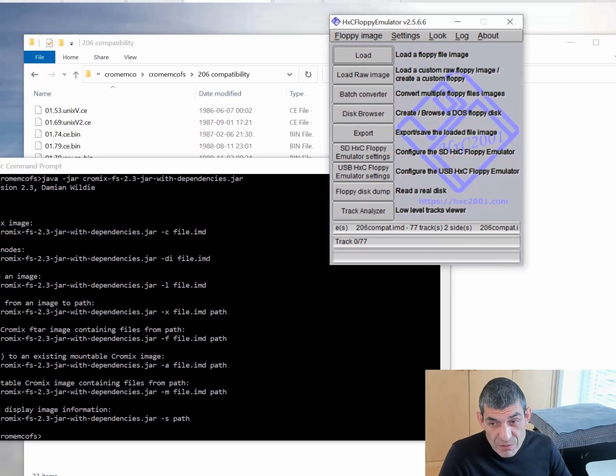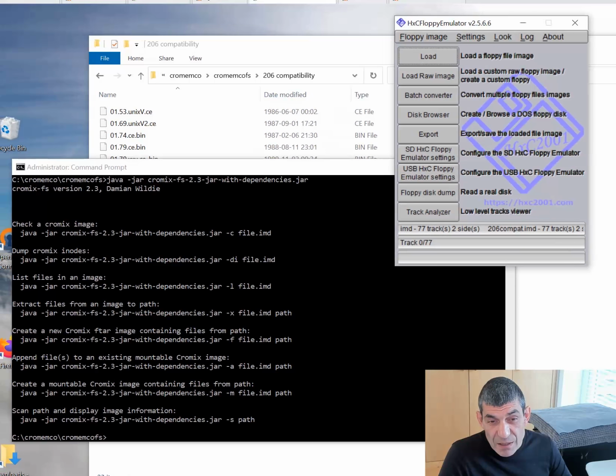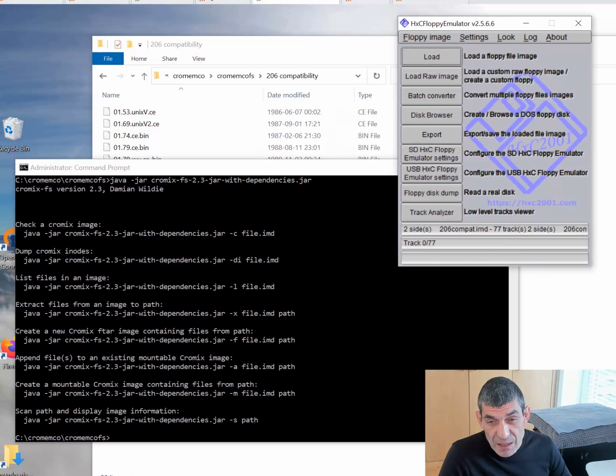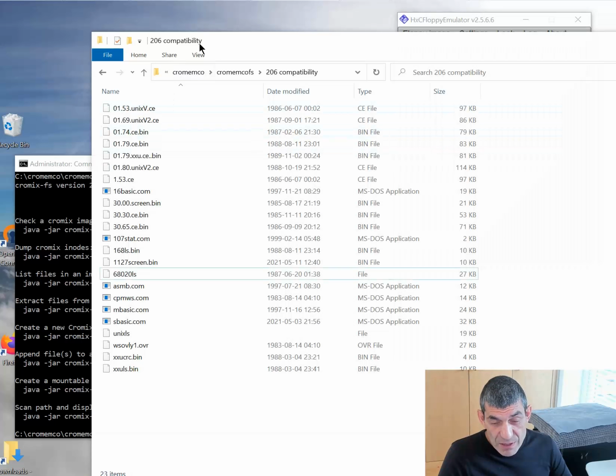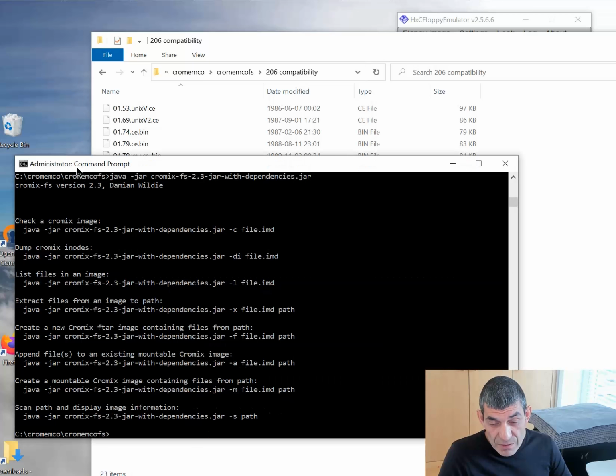There's no reason why I couldn't have used Windows version 11. But just to say that this is a licensed machine whereby I'm running Windows version 10, and I first of all put into the file system all the programs I want to transfer. So here are all the programs, and then I run Damien's fantastic program, Damien Wilde's fantastic Java-based program, which allows